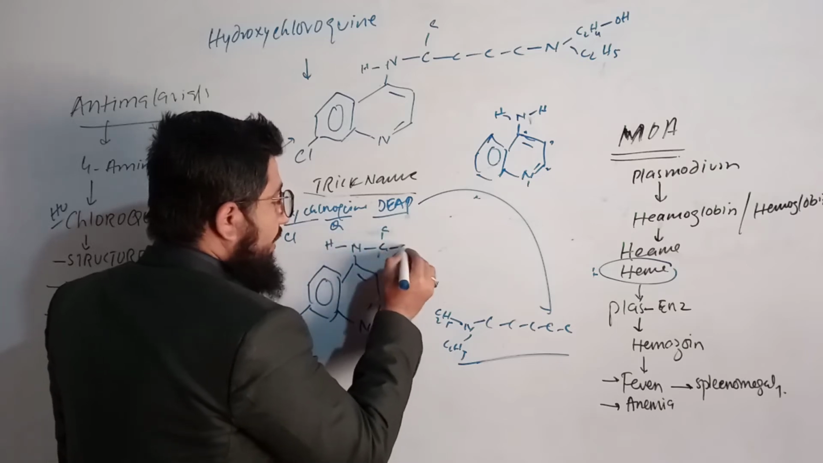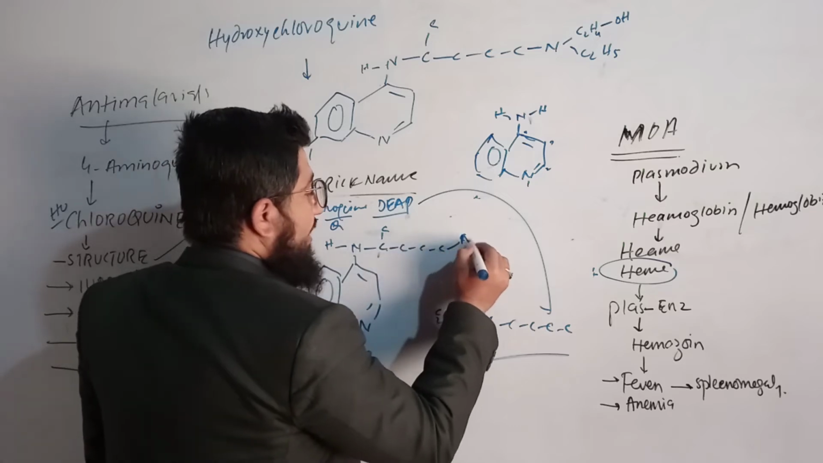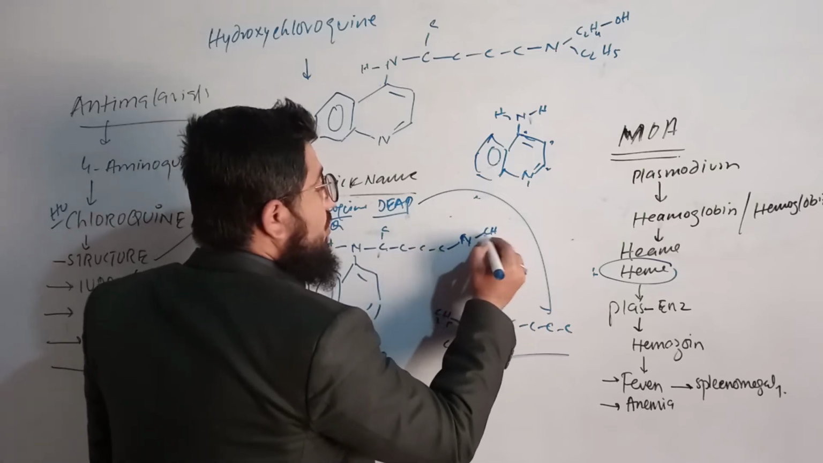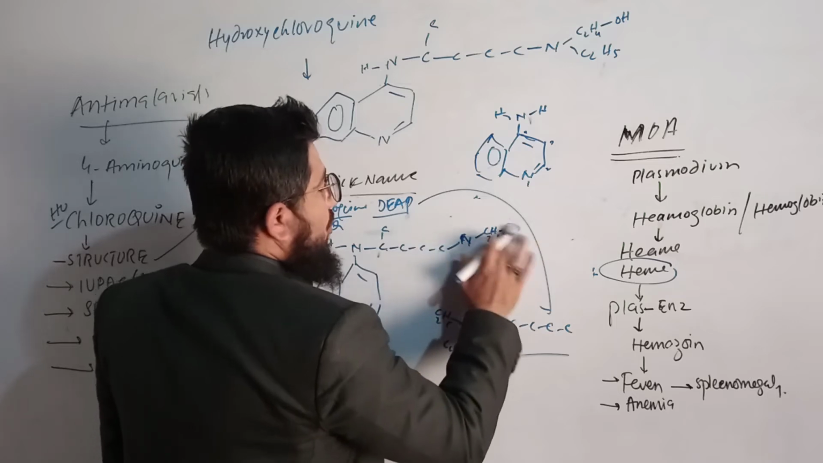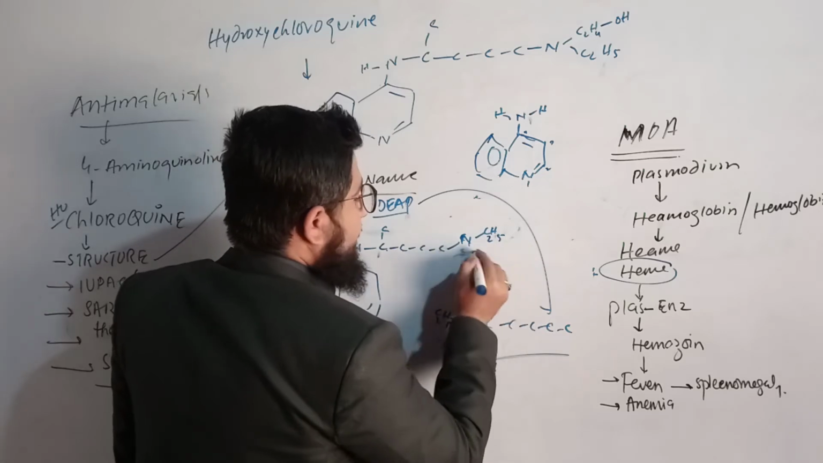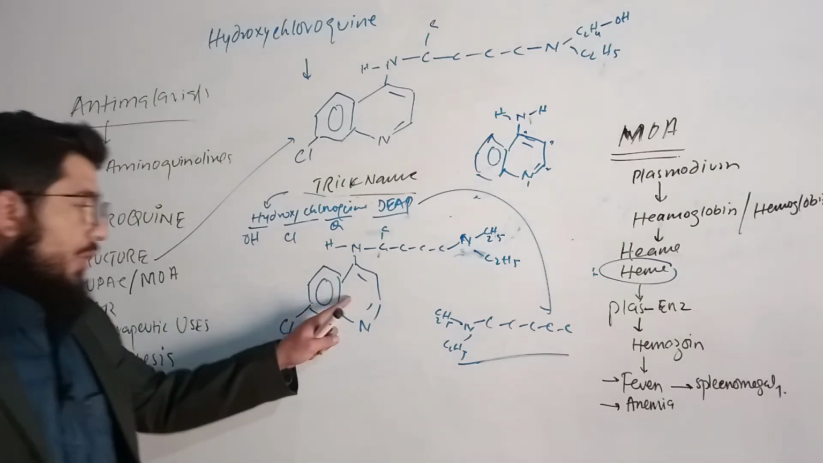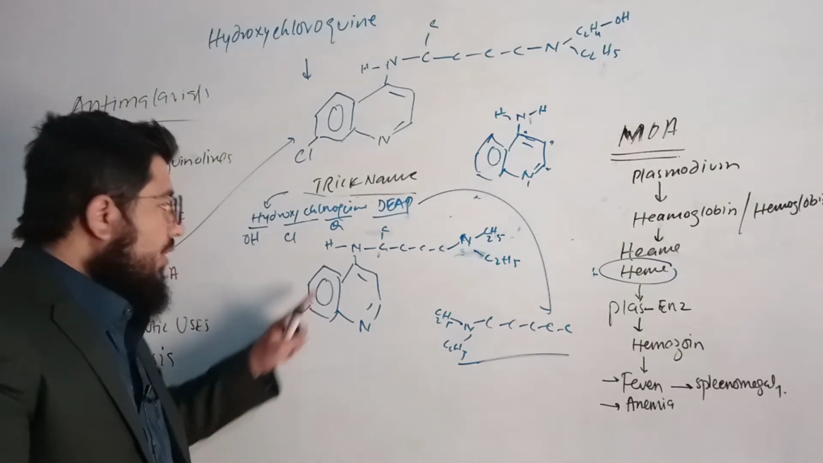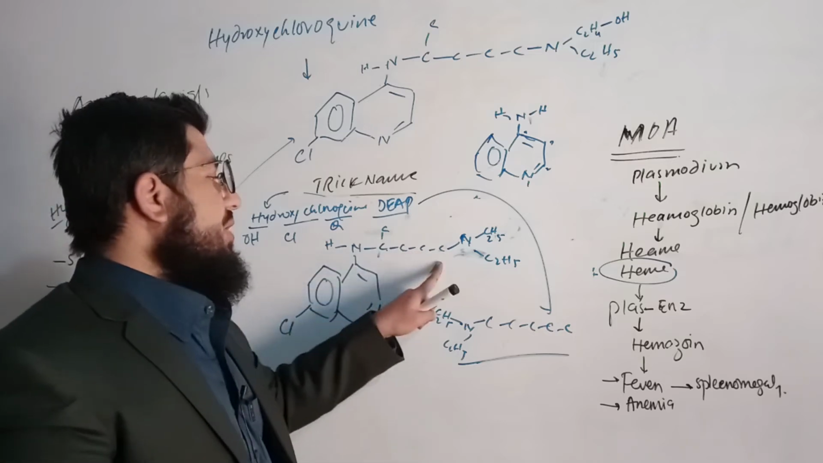Carbon having 1, 2, 3, 4, 5. With this we have nitrogen. With that we have C2H4OH. Forget about OH for now, because I'm going to give you the idea. So what do we got now? Simple. Quinoline ring with the chloro, with the amino, 1, 2, 3, 4, 5 carbon chain, pentane, with which